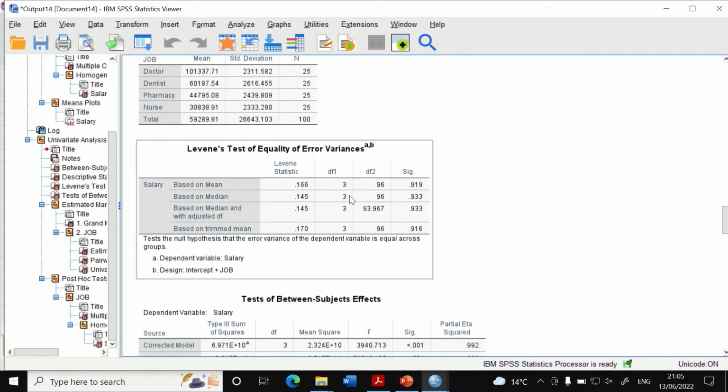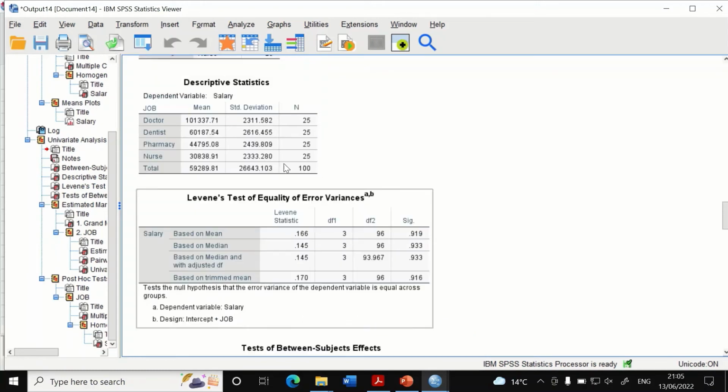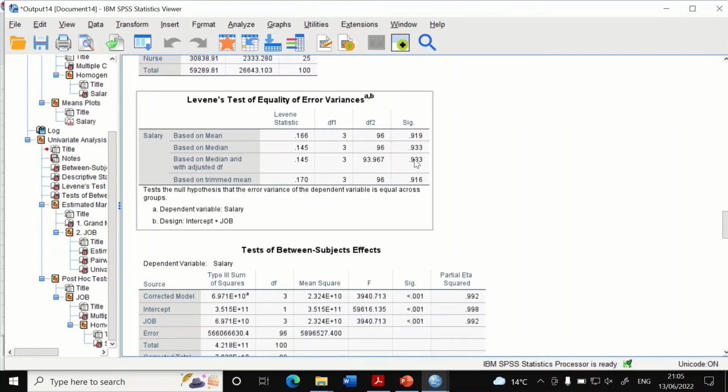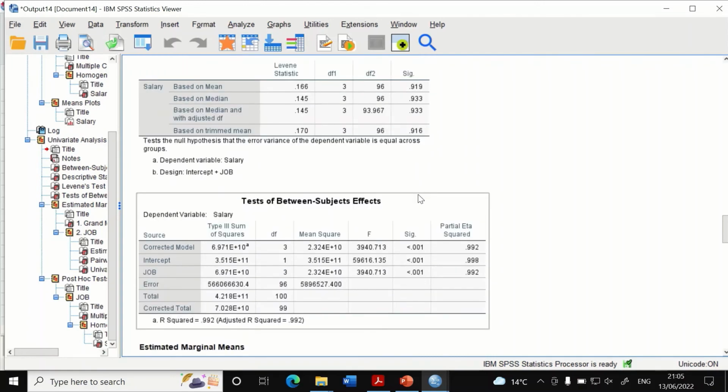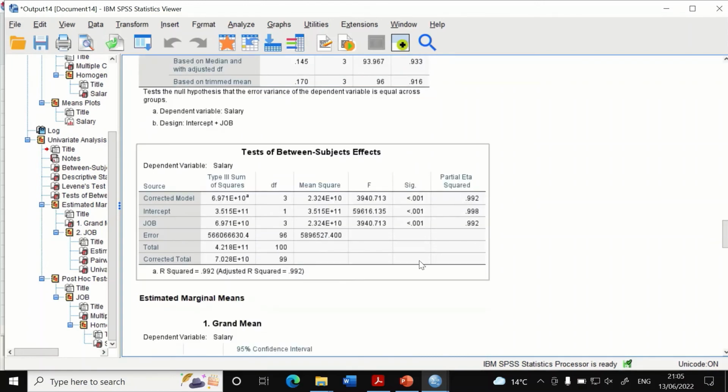And for the test of homogeneity of variances, here we can see this table shows that the variance is homogeneous between all four groups, as given by the significance value, which is greater than 0.05. Again, this test generates the tests of between-subject effects, and it has an F ratio and significance,